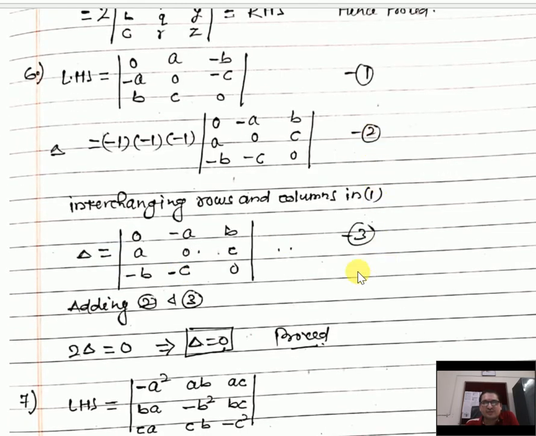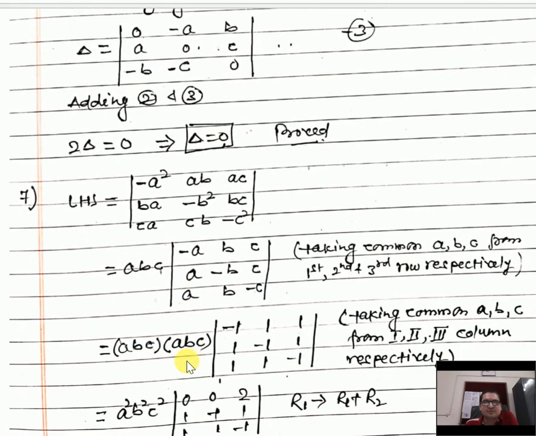So this is the R2 and this is the R3. Sorry, this is equation number 2 and this is equation number 3. In equation number 2 there will be minus 1. Look here, this value and this value are both the same. If you add 2 and 3, delta plus delta, 2 times delta equals this plus this, which will be 0. So the determinant will be equal to 0.